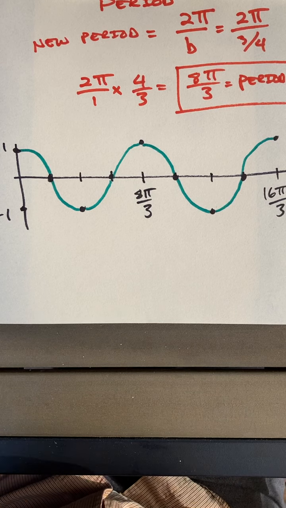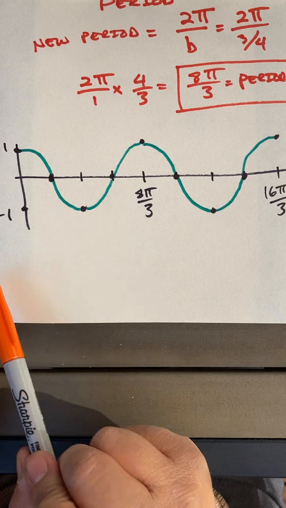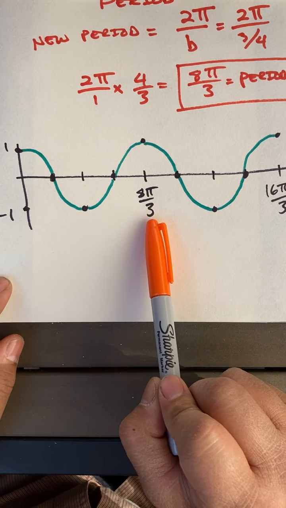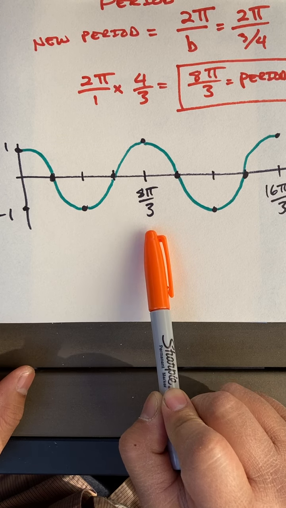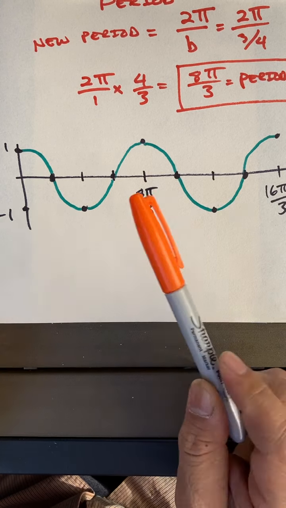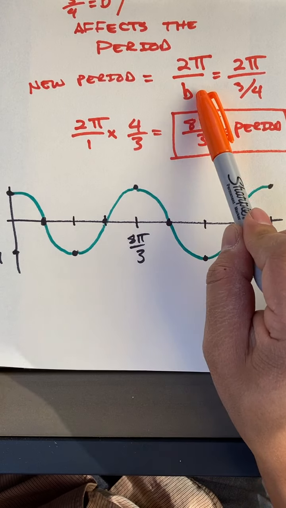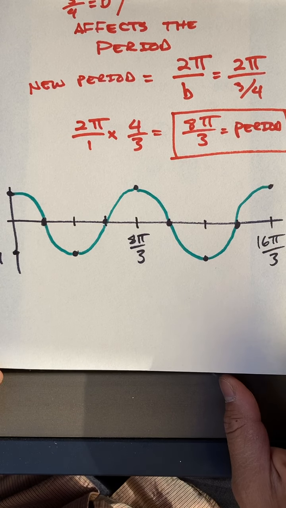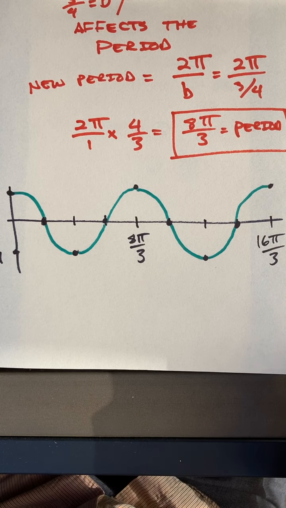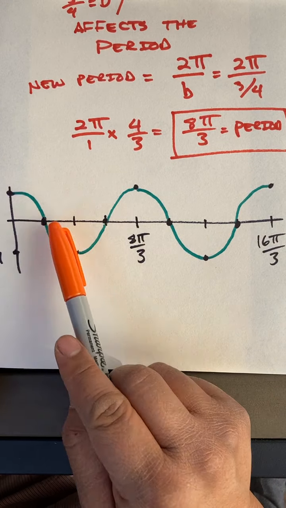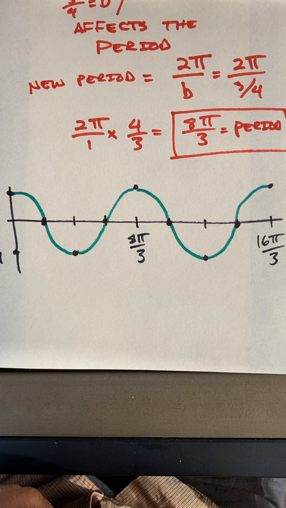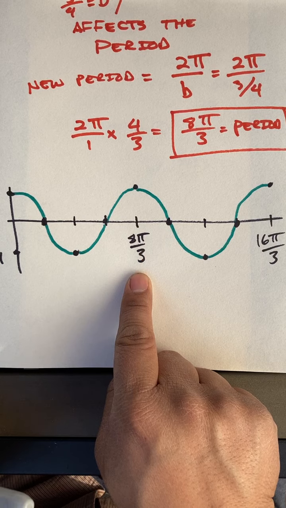Okay, and one of the important parts here is that the period is now 8 pi over 3. We can change this number using this formula as much as we want to, which is of course going to help when we use this function for modeling things. All right, so if that's 8 pi over 3,